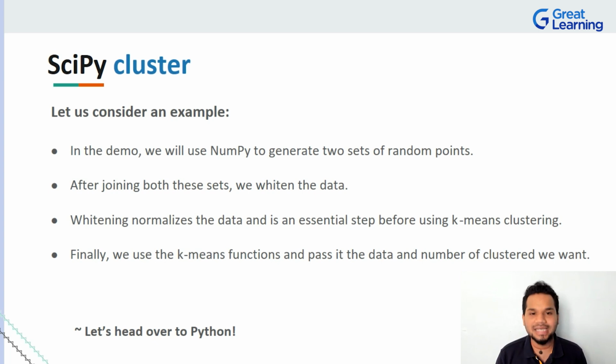We'll be talking about a demo where we'll be using NumPy to generate a set of random points. After creating two sets of random points, we're going to join all of these and eventually we whiten the data. What whitening the data basically means is that whenever you take a look at a lot of data points, right, it usually has a way of distributing itself. Think about normal distribution, think about other distributions, right? Each of these distributions brings its own characteristic, and that characteristic is what gives Python, what gives the library, the fundamental understanding about what is going on with the data, right?